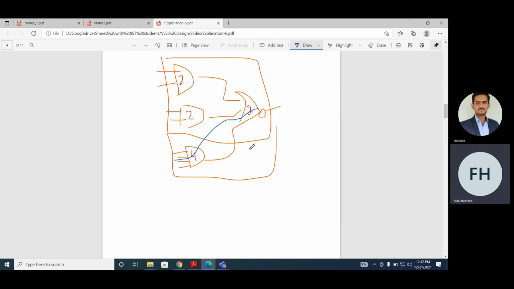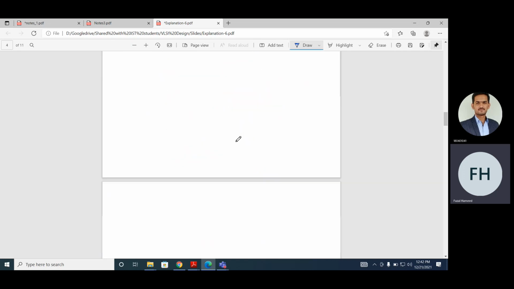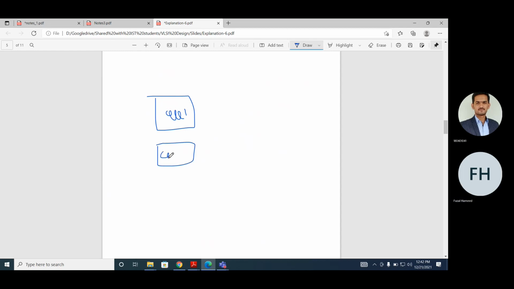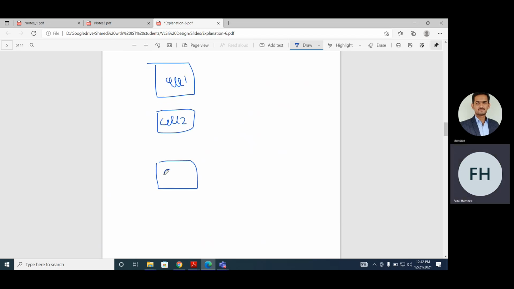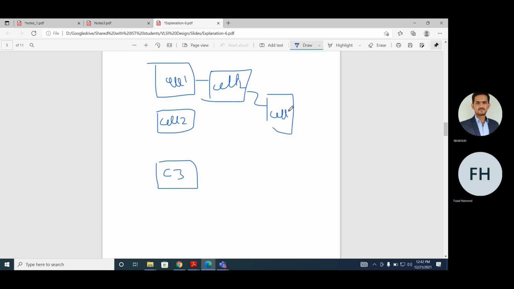Now let's assume we can have many cells, and now we want to connect different cells. Let's assume another scenario: we have cell 1, cell 2, cell 3, then cell 2, then cell 4, and then cell 5.